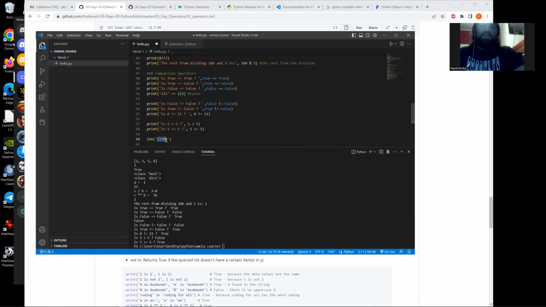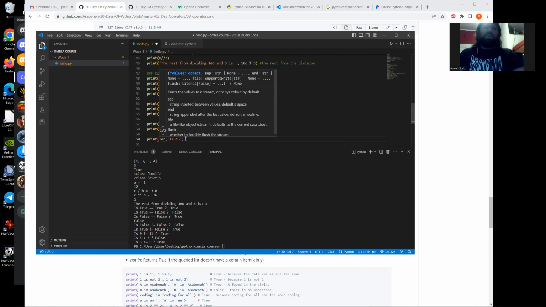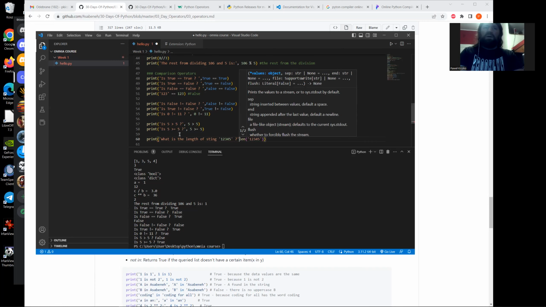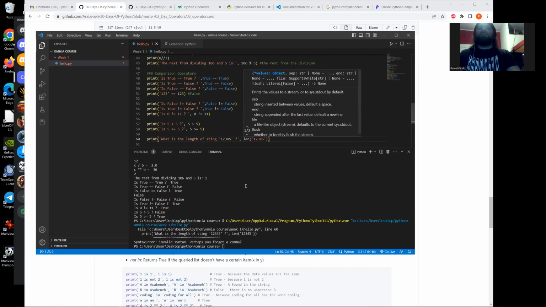We type 1, 2, 3, 4, 5, so for convenience sake, because now we know it's the length of 5. So if we print what is the length of string 1, 2, 3, 4, 5, and with a quote I end that string, and if I play it,